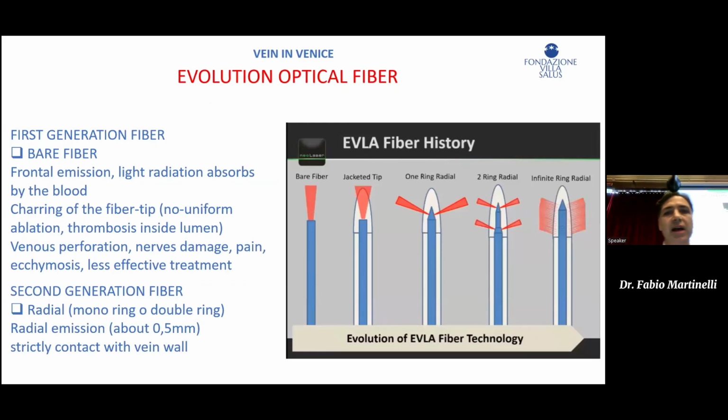This other device has evolved recently. The first generation laser was bare with frontal emission, with the possibility of sticking of the fiber tip, the high risk of venous perforation, nerve damage, pain, ecchymosis, and less effective treatment. After, the jagged tip, always with the frontal emission, and then second generation laser with a good idea to switch the radial emission from the blood to the vein wall. And now the cylindrical shape with a large area of emission